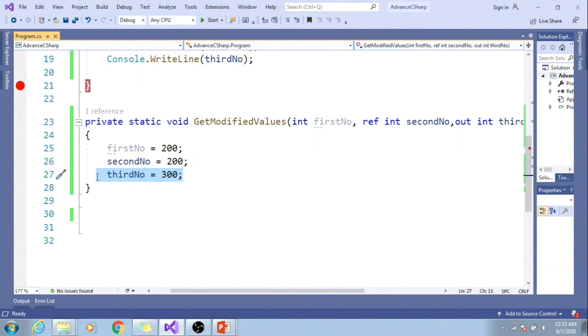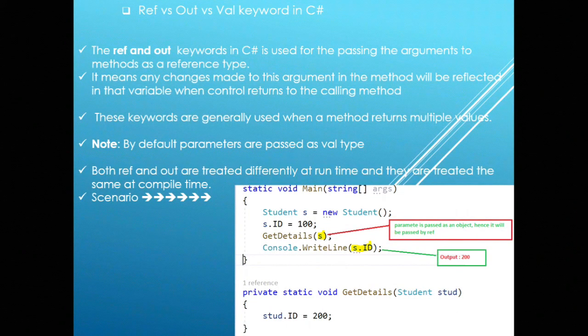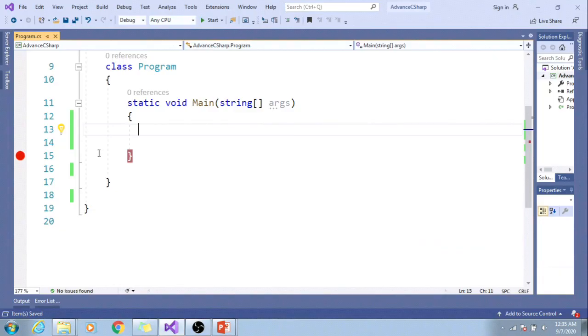In the second scenario, a frequently asked question is, what if I instantiate a class and pass the class as a parameter? If a property of that object is changed inside the called method, will it reflect back in the calling method? The answer is yes. So let me create a class